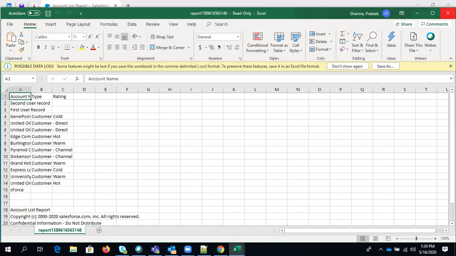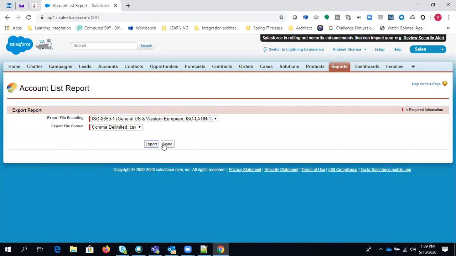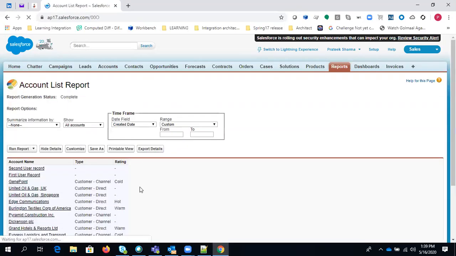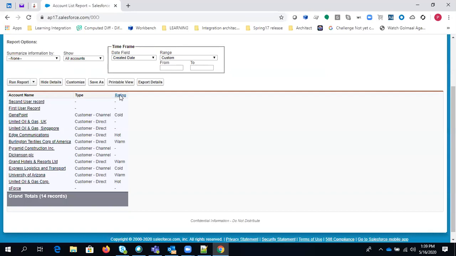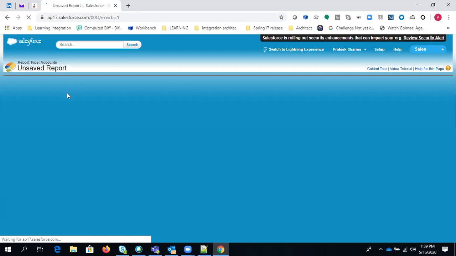So basically these are the options available if you want to simply generate this report, if you want to create a report. So let's just create some reports. First we will discuss the tabular report. As I said, customize will take you again to the report builder page, so I'm just hitting on customize, right?